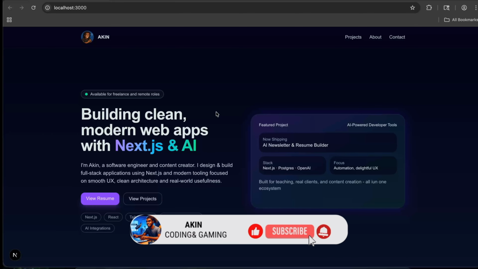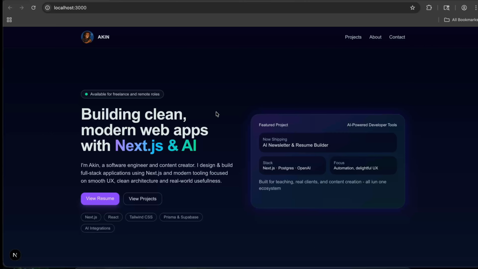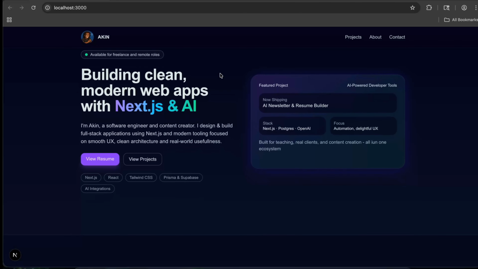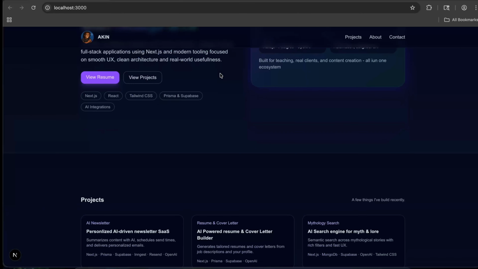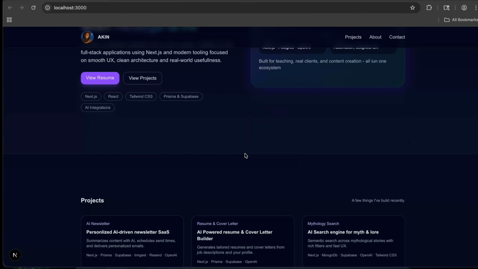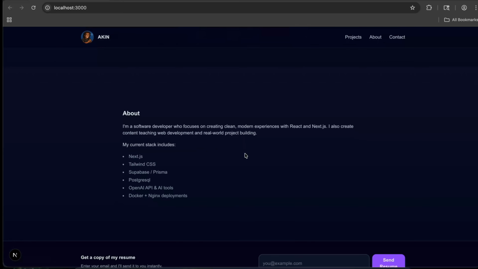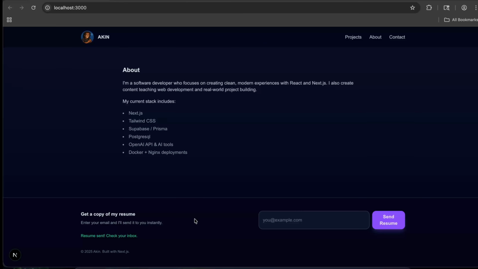So today we're going to be building a portfolio project, and this is going to be built using Next.js 16. With this, as you can see, it's going to be a clean modern UI. We're going to have our hero page, we're going to have our projects page, we're going to have an about page, and lastly on our footer, we're going to be able to send a copy of our resume via email